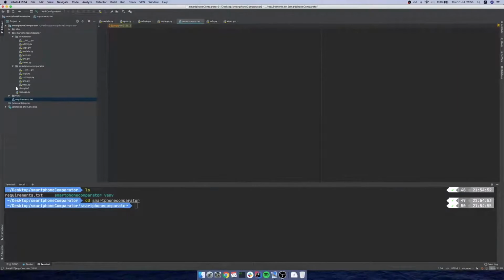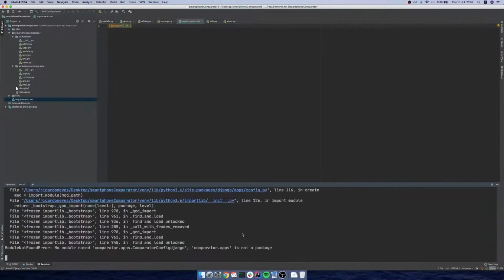So how do we create models? Let's start from the beginning. Models are just ways to define your data, right? And one important thing to note is that if I try to run my server,